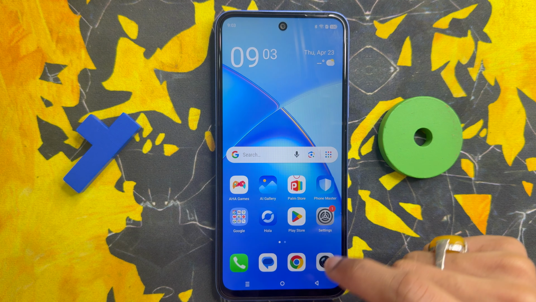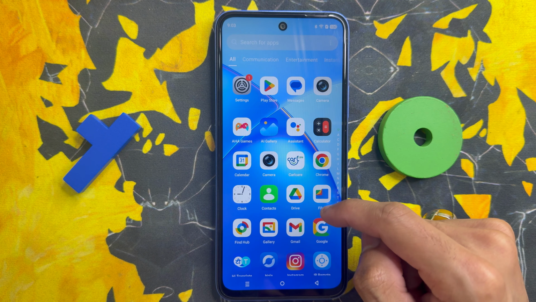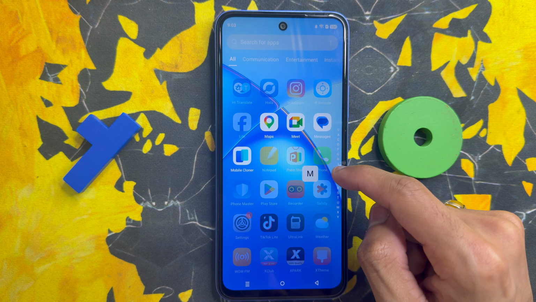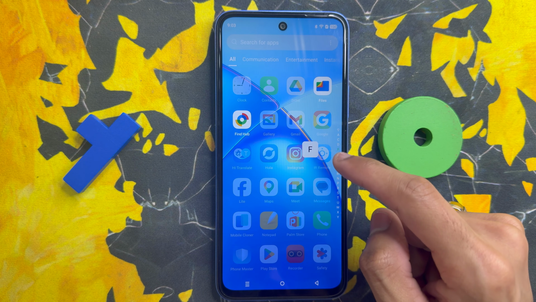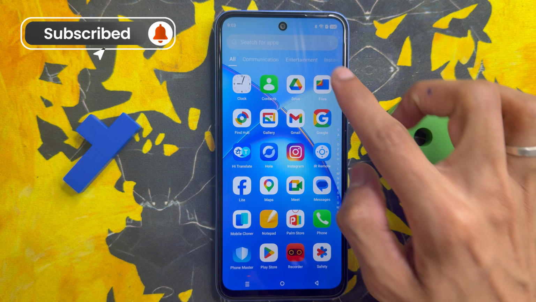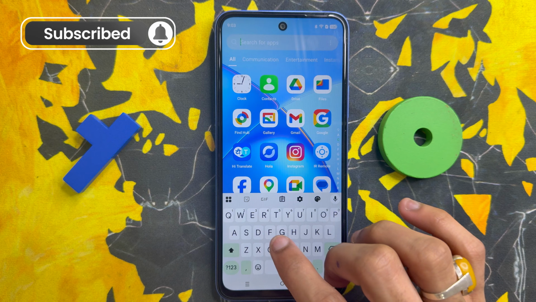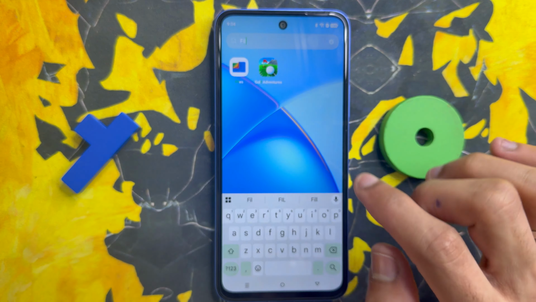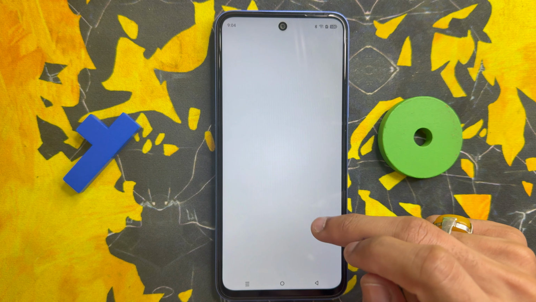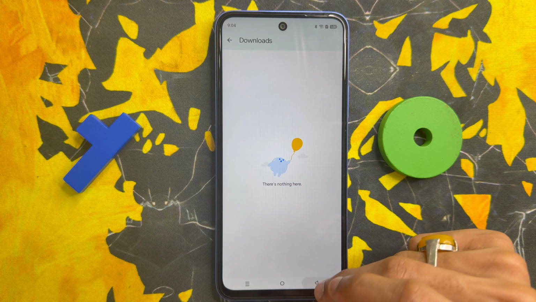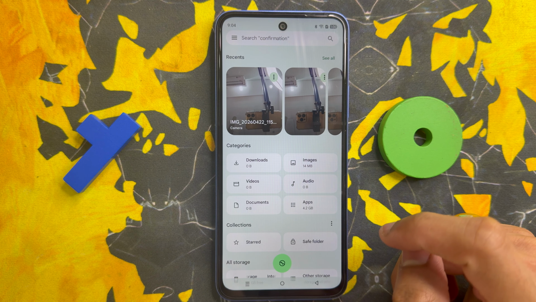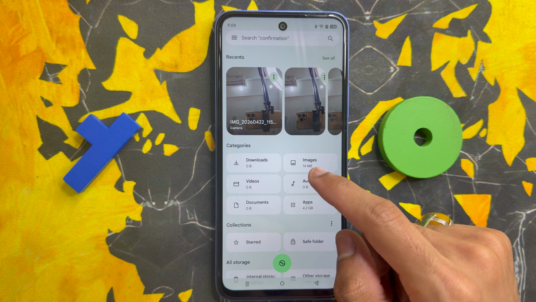But if it is not solved, go to app library. Here click on files app and click on search file. After clicking on files app, here I'm showing you if you want to check hidden files, so click on